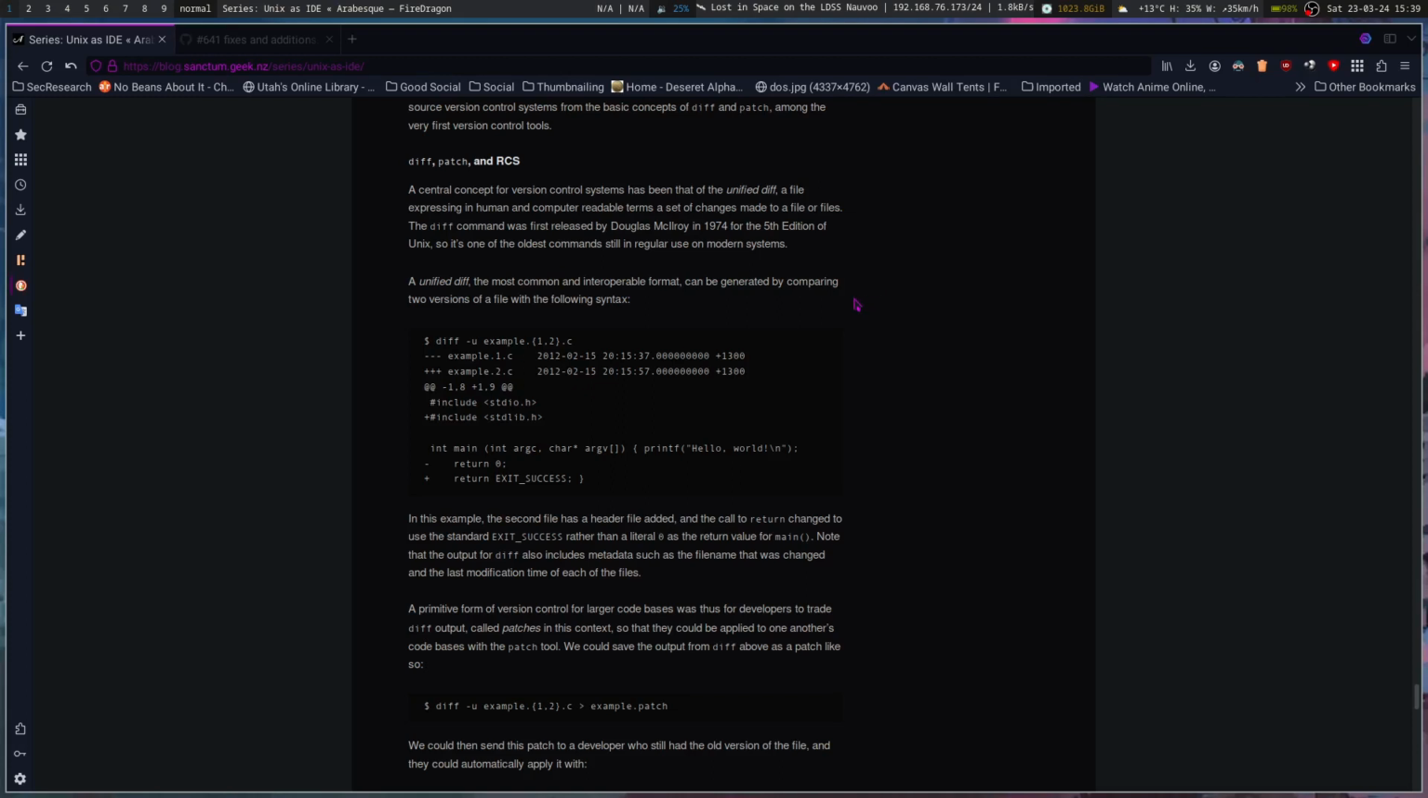The diff command was first released by Douglas McIlroy in 1974 for the 5th edition of Unix, so it's one of the oldest commands that's still in regular use in modern systems. A unified diff, the most common and interoperable format, can be generated by comparing two versions of a file with the following syntax: diff -u example1 example2.c, and then you can output that to a patch file and then you can